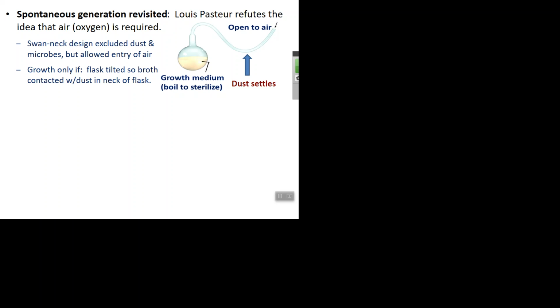So with this system, air can come in, but the dust settles just by gravity in the crook of the neck right here, and never gets into the broth unless he were to tip the flask so the liquid goes down into here, or breaks it off right there, exposing it directly to the air. In that case, it will get contaminated, okay? So he basically shows that with this, and they claim that there are still flasks like this sitting in his lab that have never been contaminated in 150 years or whatever it is, okay?